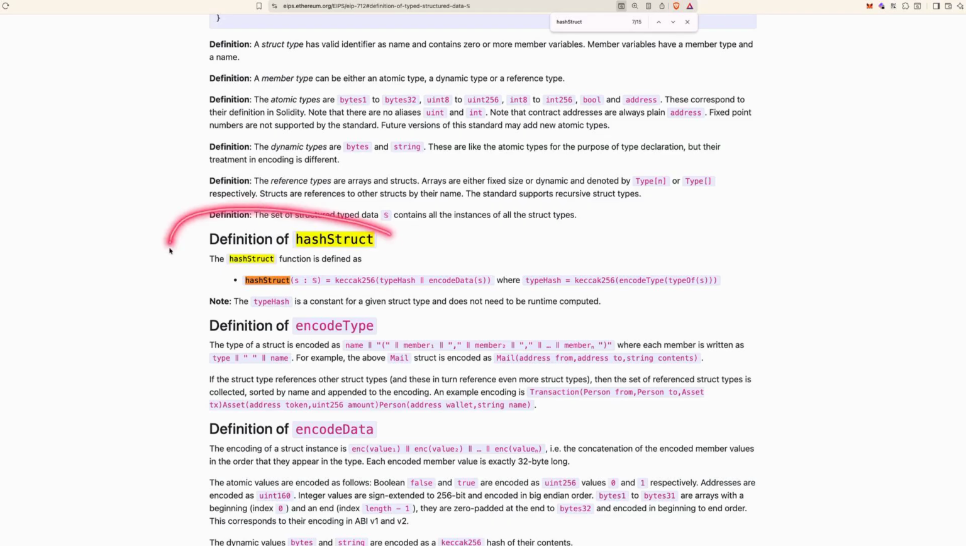So here we have the definition of hashStruct. The hashStruct function is defined as, what are these? hashStruct of s is keccak256 hash of typeHash concatenated with the encoded data, where typeHash, okay,